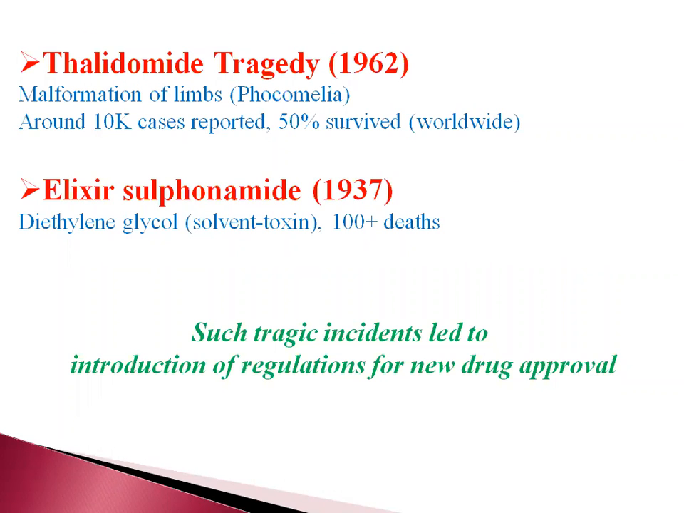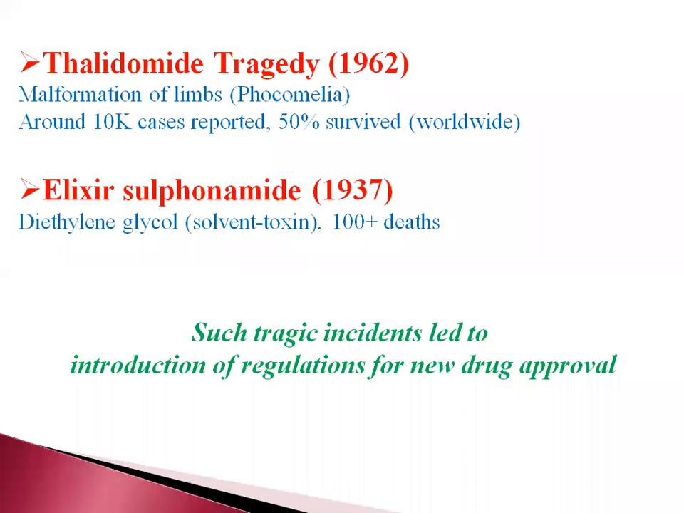And there is one more example, elixir sulfonamide in 1937. Here also there was one solvent, diethylene glycol, which acts as a toxin. Because of that, around 100 plus deaths were reported in 1937. If you see this type of incident,